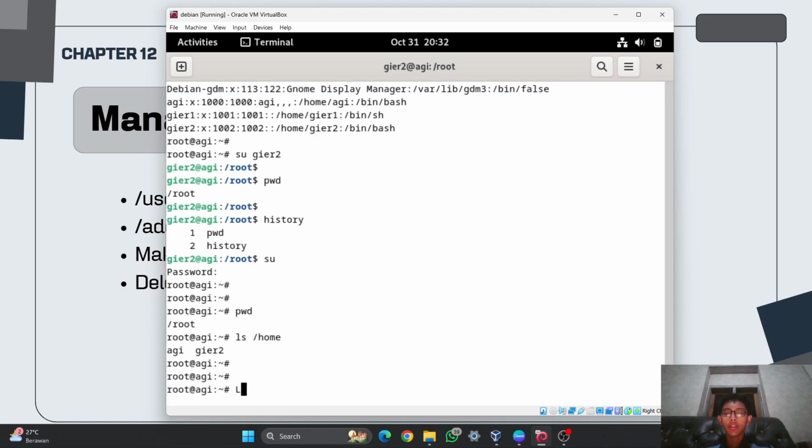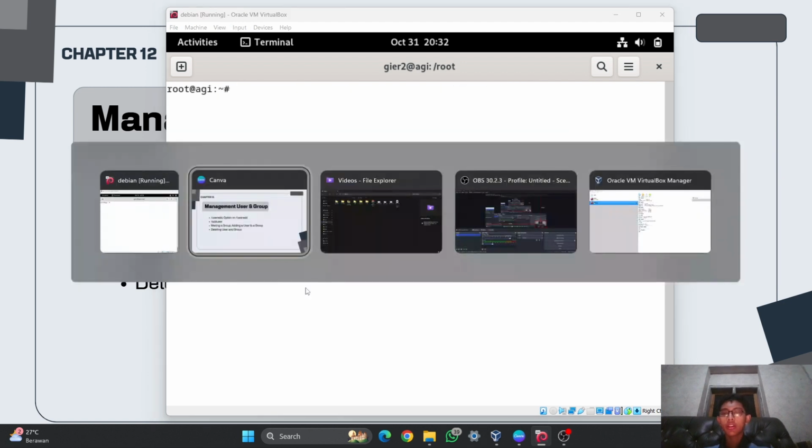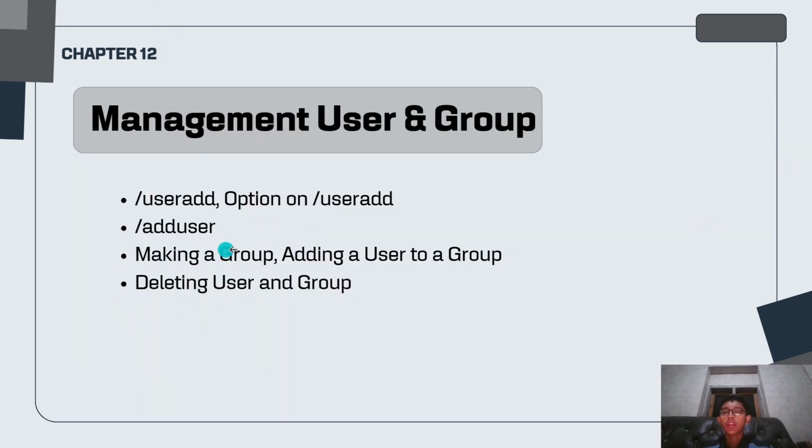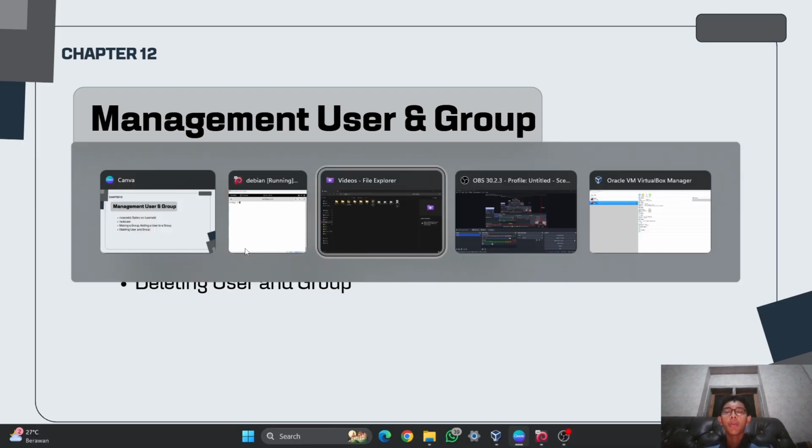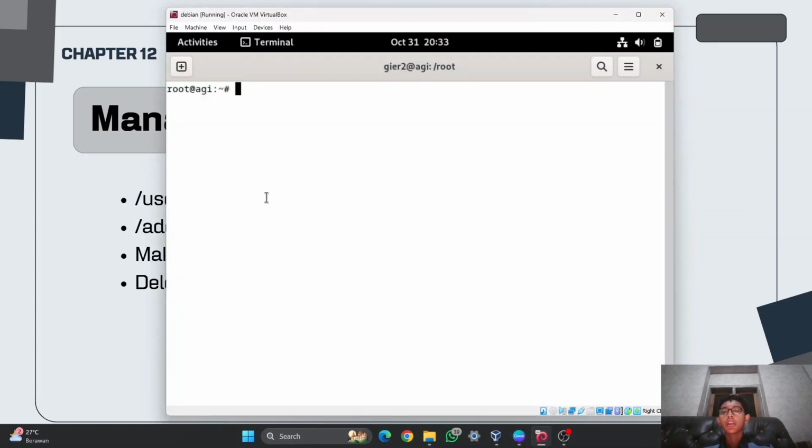And the next one is using adduser. So for adduser, you can use it when you want to make a new user, and also you want that user to have the home directory and so on, automatically.